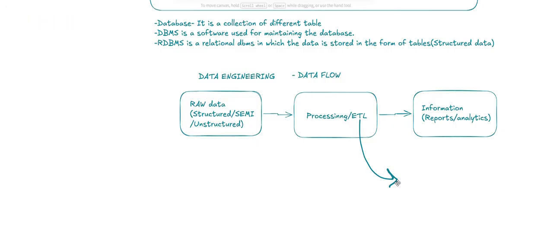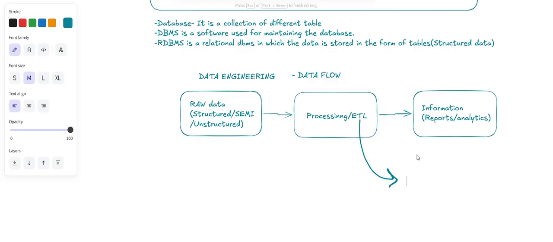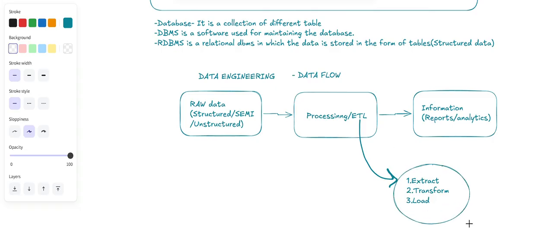What are you trying to tell me? Okay, so ETL is nothing but three processes for processing, of which the first one is extract, the second one is transform, the third one is load. So this is the full form of ETL: extract, transform, load, which generally takes place for the processing. So extraction of data takes place, transformation of data, and then loading of data takes place. This is what we are going to learn afterwards.